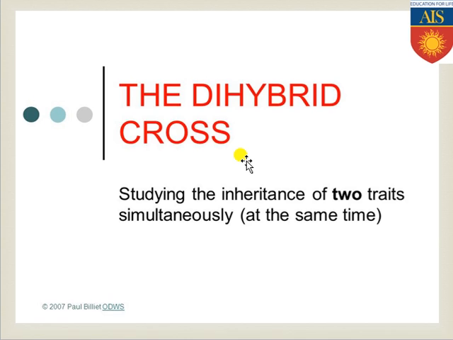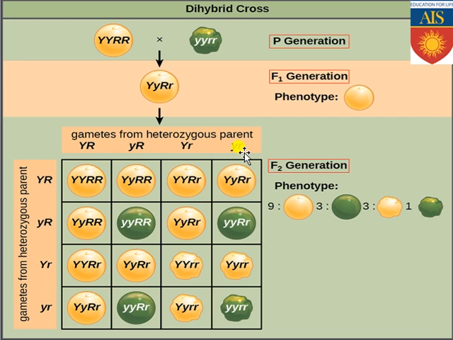So in case of dihybrid cross, what has Mendel chosen? Mendel has chosen two different traits or features. One is the seed color, another one is the seed shape. For seed color, we know that yellow is the dominant trait, denoted by capital Y, and green is the recessive trait, denoted by small y. If you consider the seed shape, round is denoted by capital R, and wrinkled is denoted by small r.